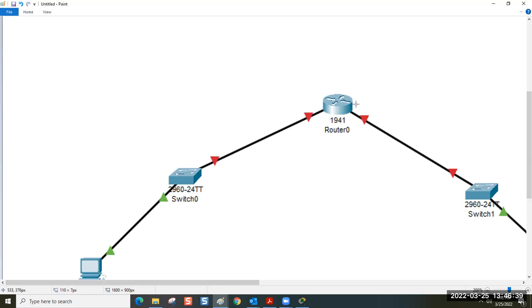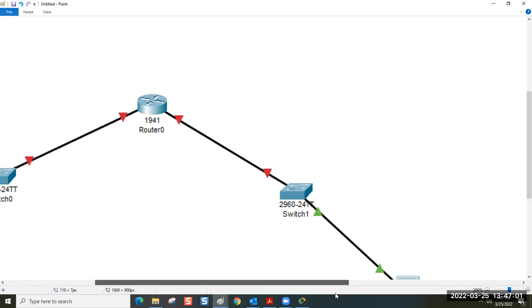Okay. Now, what do you suppose happens when I'm trying to ping and the first packet goes this way? A ping sends a packet out and then a packet's supposed to come back. When the packet returns, it's going to hit interface 1 on router 0. So what am I saying? I'm saying